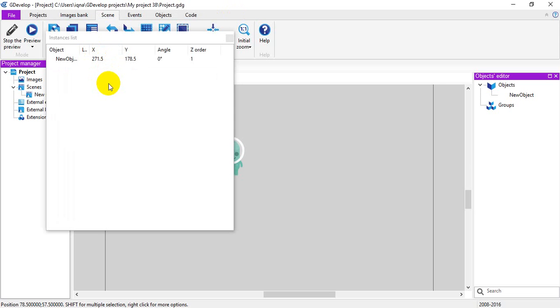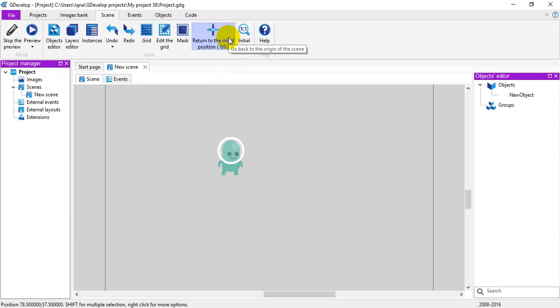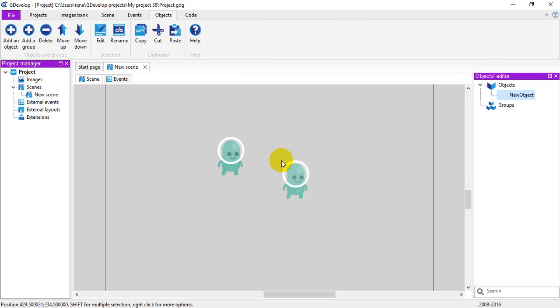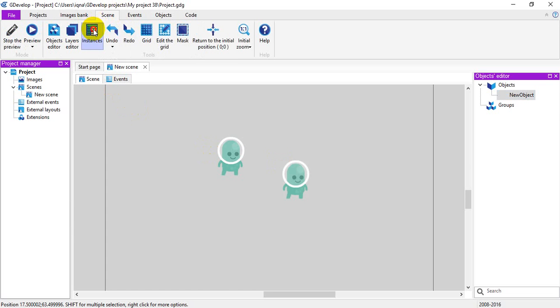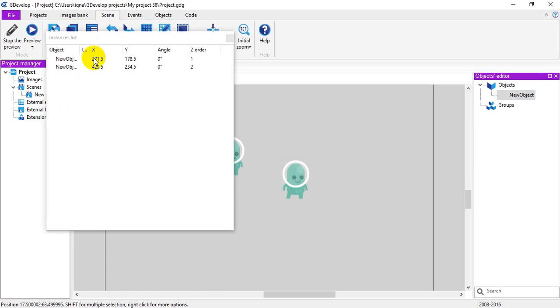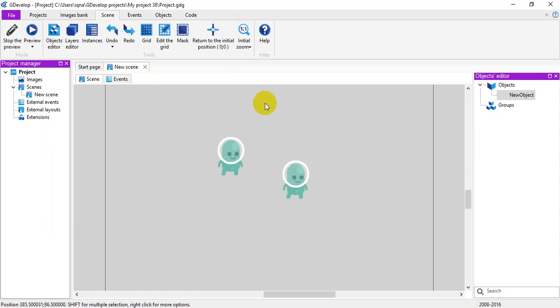For example, you add a new object by dragging a new object in and open the instances. It will appear that there are 2 instances of my object on the list. So let's delete one right now.